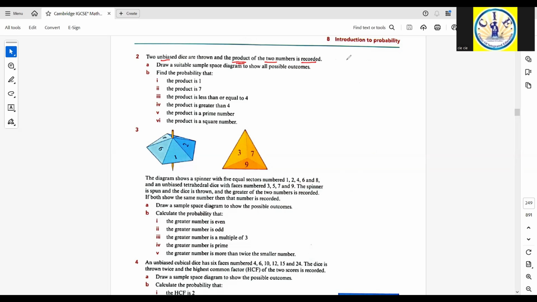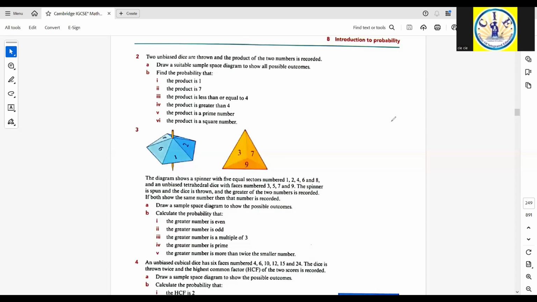It means, for example, if the first dice was showing 2, and for the second dice that was number 5, the product is going to be 2 times 5, that is 10. 10 is what is going to be recorded. Okay. Draw a suitable sample space diagram to show all possible outcomes. Okay. For that, we need to have,